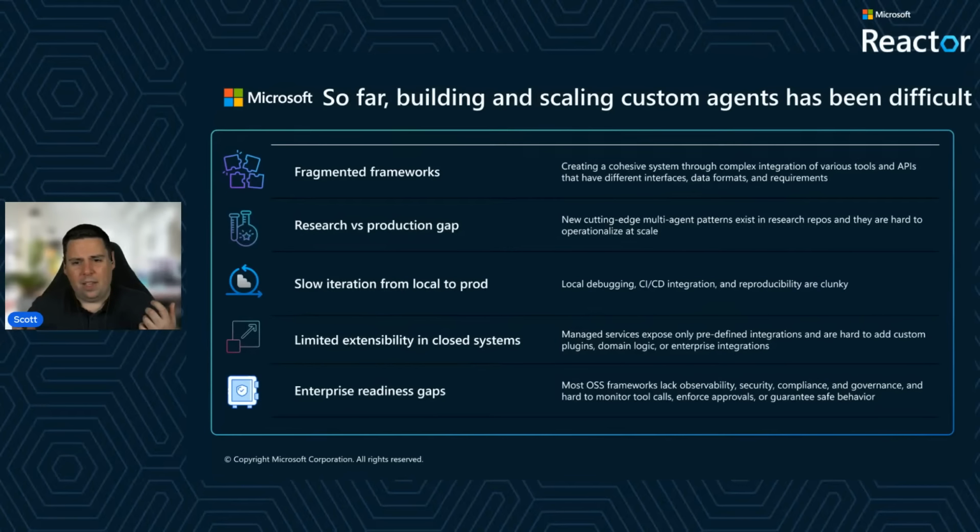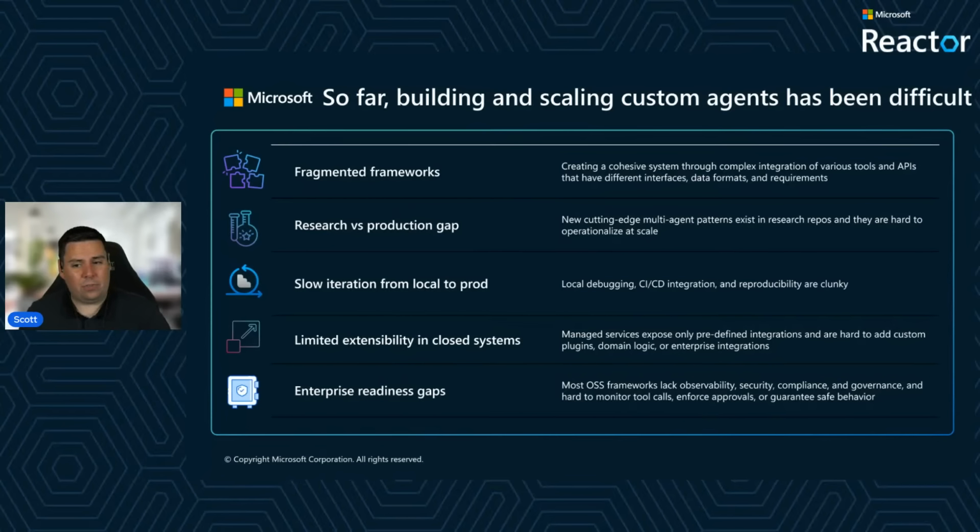Now, why is this an issue though? I mean, hey, we've had frameworks for ages. If we look back at LangChain and Semantic Kernel and AutoGen and all of these different frameworks that had their own little benefits, but also some downsides, you ended up with this fragmented framework ecosystem where you're not really leveraging a framework by itself, but rather you're leveraging 30-40% of a framework and building the rest yourself. And it really comes down to maturity.